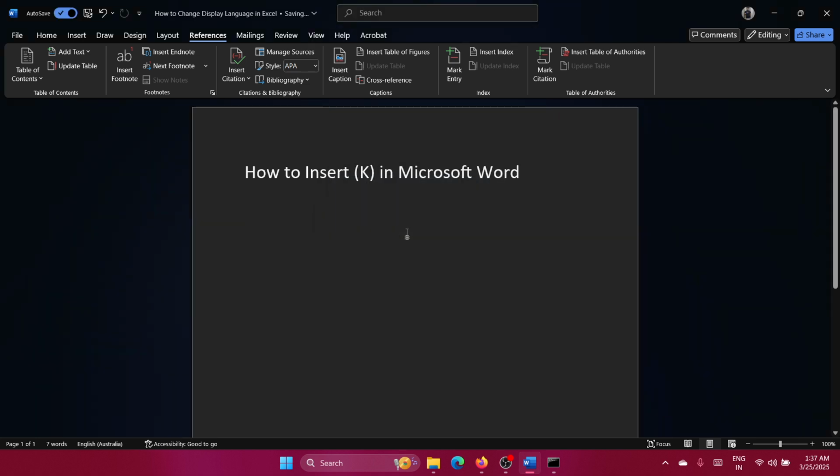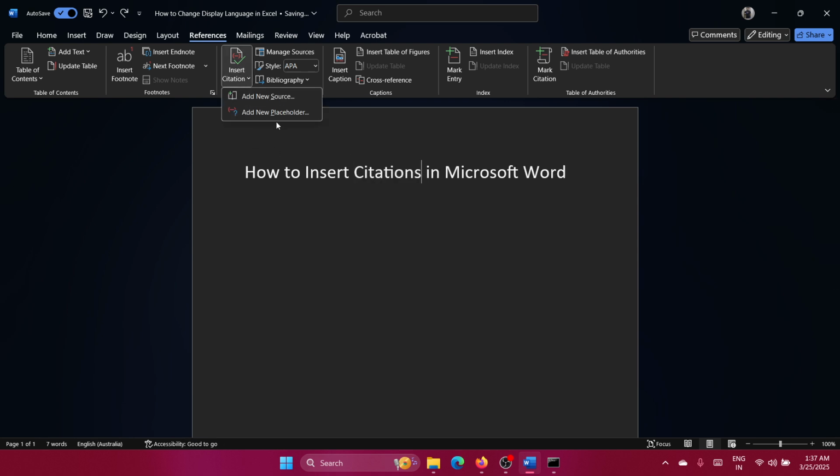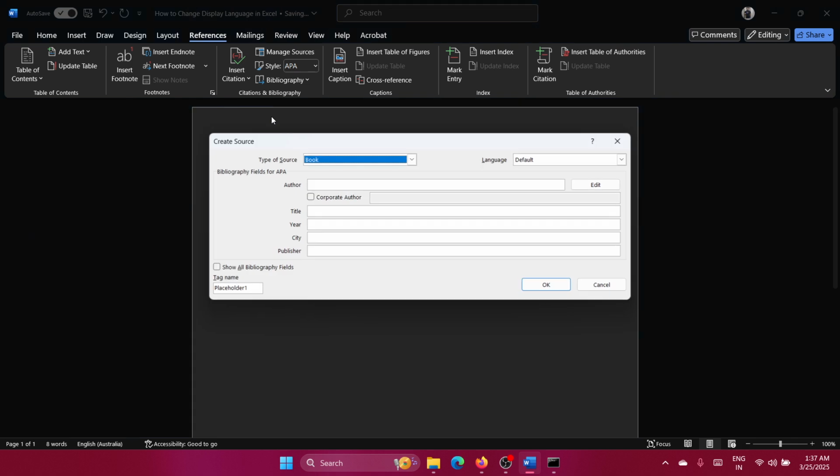So I will name it as K and it immediately becomes a tag. So to avoid this situation, use it after the cursor. Okay. Okay, so this is how you can add a placeholder, and as for adding a citation, you can mention the